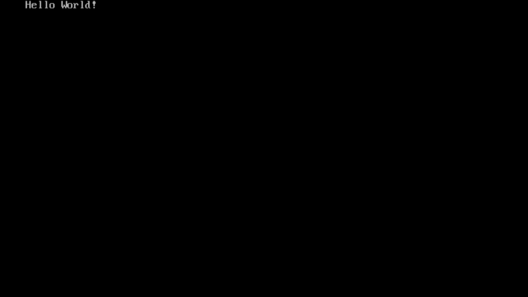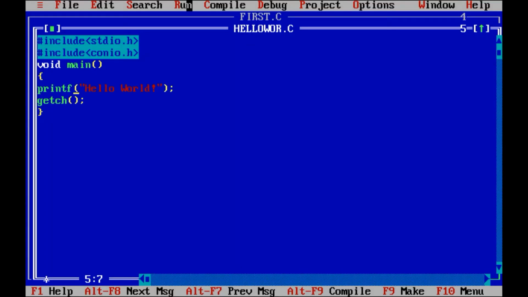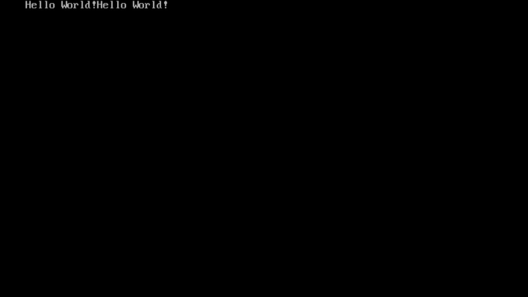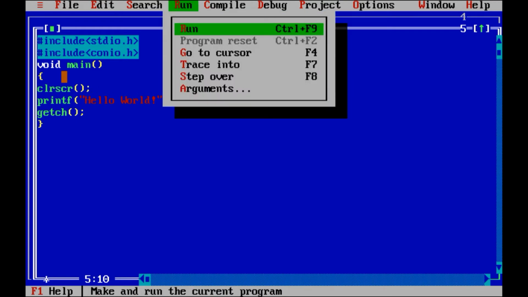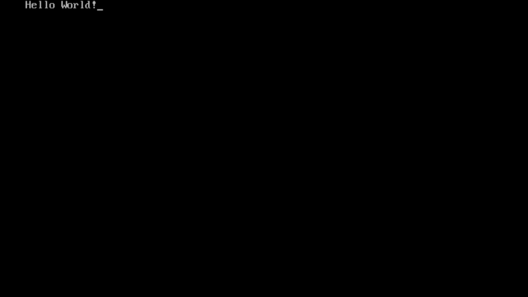So hello world will be printed in the output. Suppose I run the program a second time, then it will print hello world again. So we will use here clrscr. This function is used to clear the screen. Now I am again running the program. Hello world is printed only once.